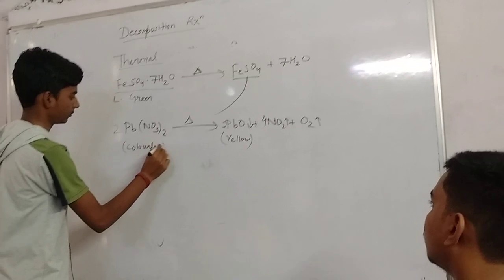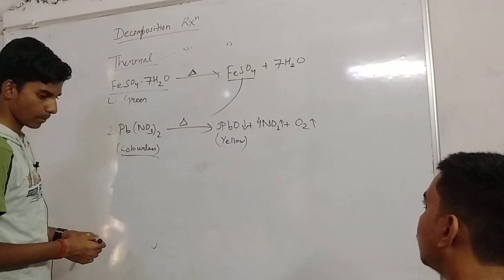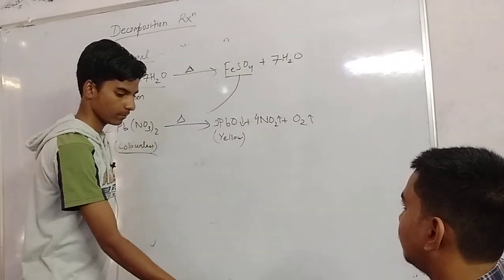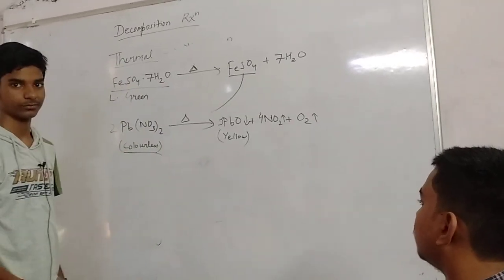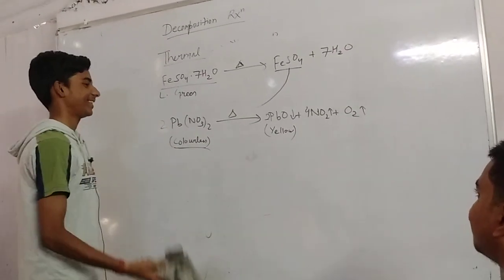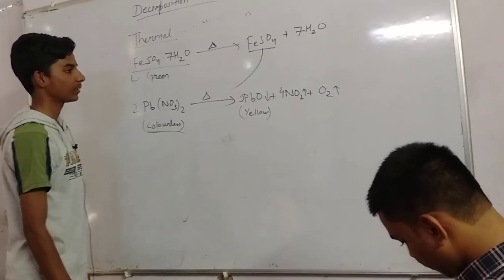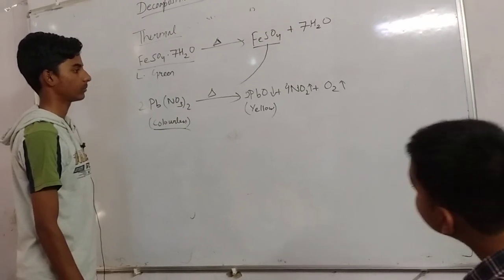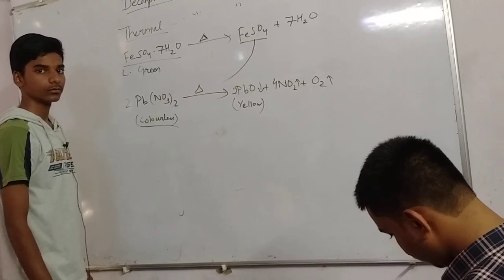Can you take one more example I am giving you? Take the example of ZnCO3. Will it go thermal decomposition reaction? Yes, it will go thermal decomposition. All the carbonates, calcium carbonate, zinc carbonate, magnesium carbonate, aluminum carbonate, whatever the carbonates are there, they all undergo thermal decomposition. You must have written the 10 examples I have given for this.